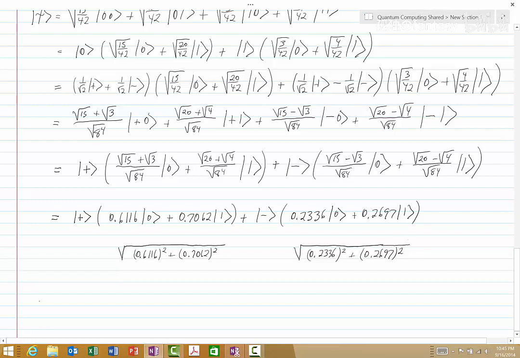And when you do that, you will find the following. Now remember, again, what we're going to do is take whatever this is equal to. We need to divide by that to make this normalized in here, but if we're going to divide by it, then we must multiply by it out front so we don't change the overall expression. And similarly here, we need to divide by this expression to normalize what's in here. But once we've divided by it here, we need to multiply by it out front. And so when you do those mathematical manipulations, you will get the following: